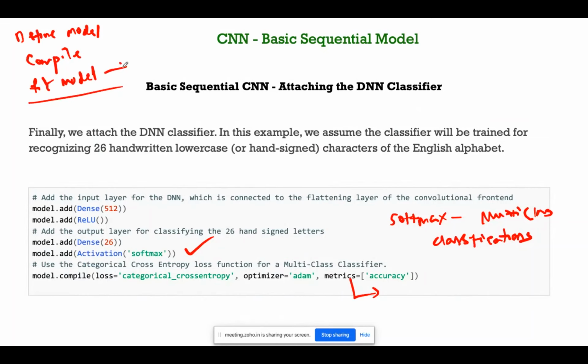For machine learning, we have fit, we don't have the compile method, whereas in neural networks, we need to compile it. Categorical cross entropy is one of the loss functions for classification, Adam is the optimizer, and accuracy is for measuring the performance of your classifier.